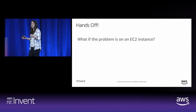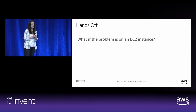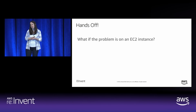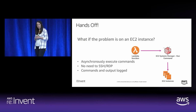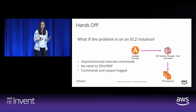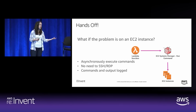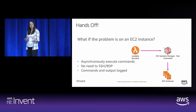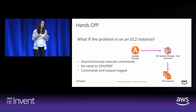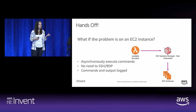And again, in the flavor of keeping hands-off production instances, another really cool tool to use with Lambda is what we call Systems Manager, and the feature of that is Run Command. So Run Command actually gives you the ability to run a script on an EC2 instance without having to SSH into it. So this is really cool because you could have a set of blessed scripts from your security team that are okay to run on those EC2 instances, and then you can use Lambda to actually call